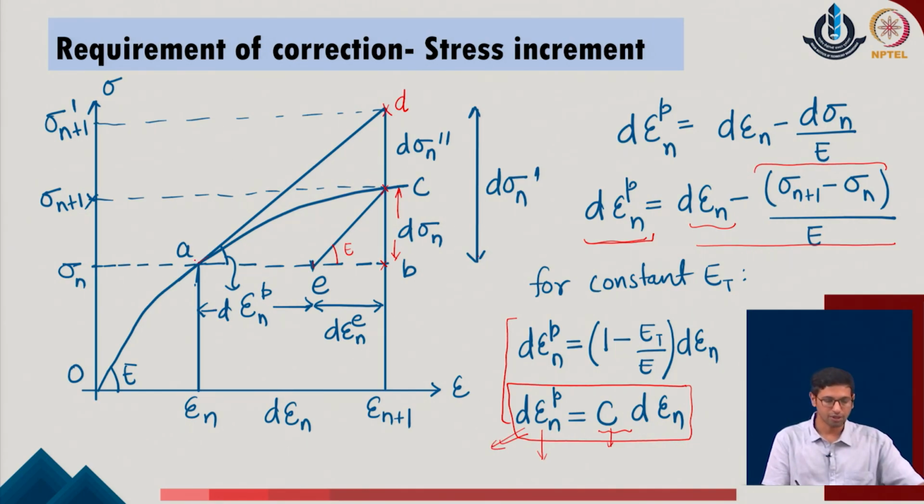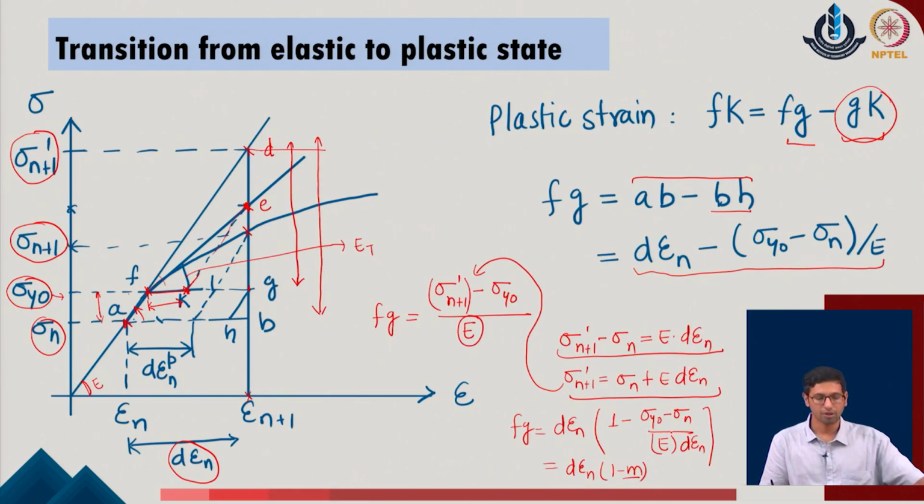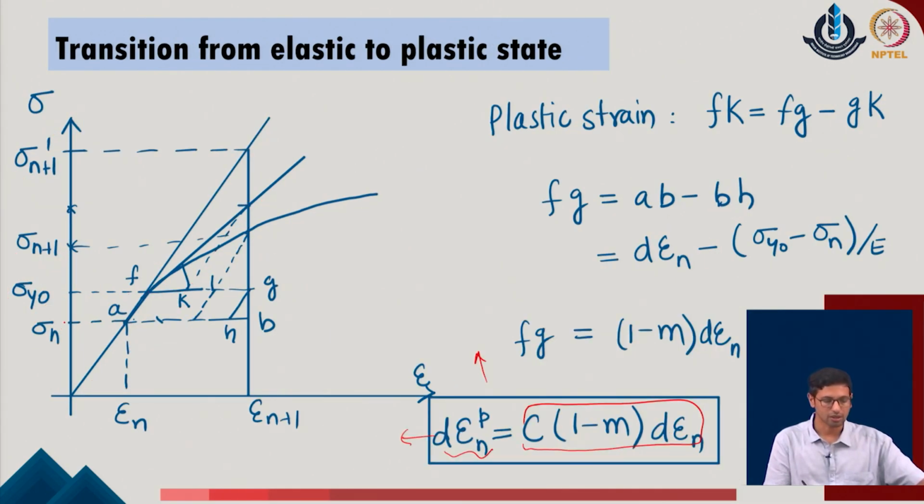So, if you start with the point which is above the initial yield point, say the yield point is over here and we start with the tangent at this position, even with the constant value of Et, we end up with the plastic strain which is C times d epsilon n. But the moment we start with the tangent which is below the given yield point of the system, we must take the correction for the initial linear profile of the system which will not contribute to any plastic strain, and that is where the expression comes out as C into (1 minus m) times d epsilon n. So, we will be trying to use these expressions in the later part as we proceed with the numerical problems on the given system.